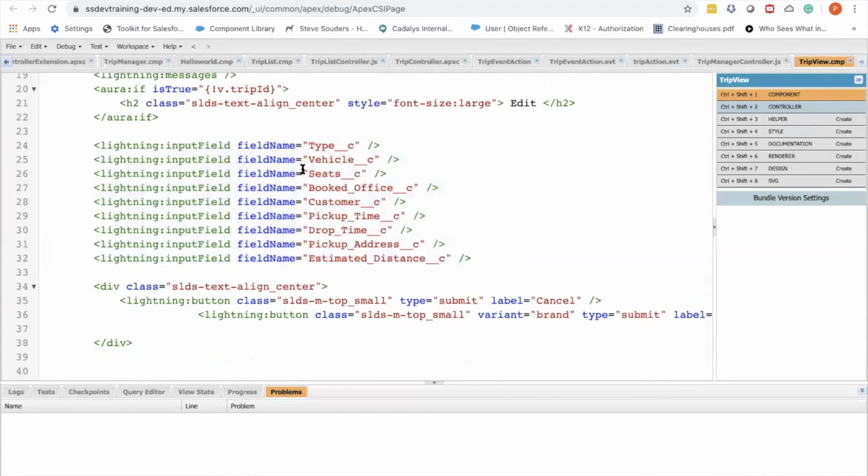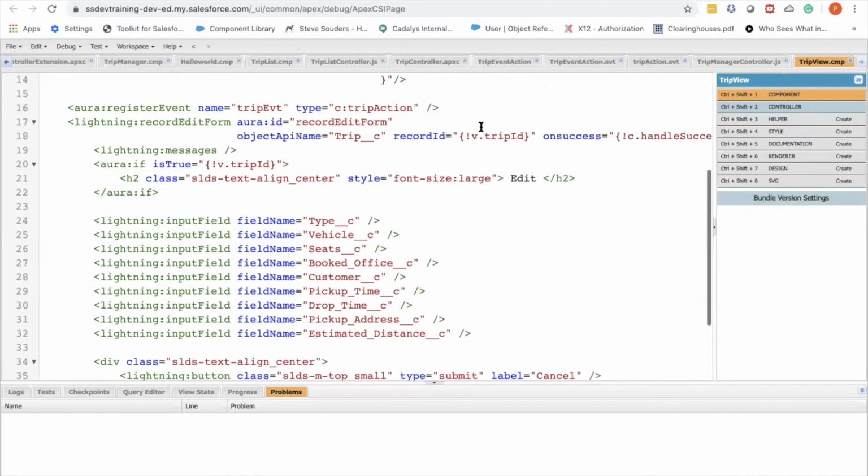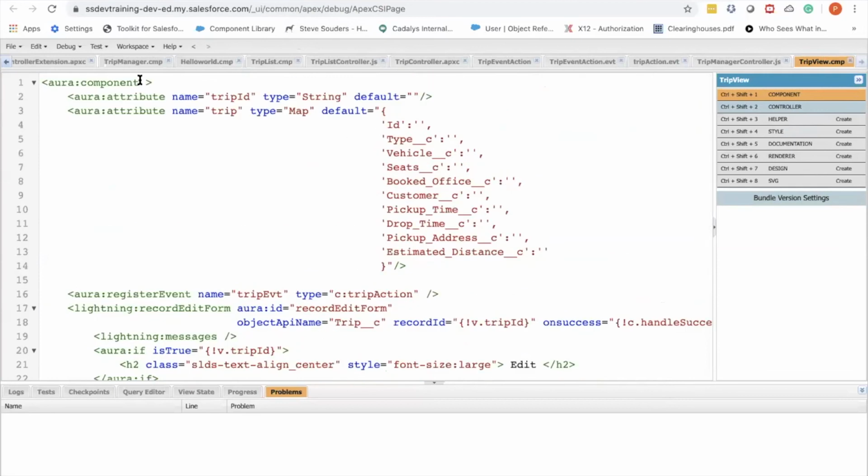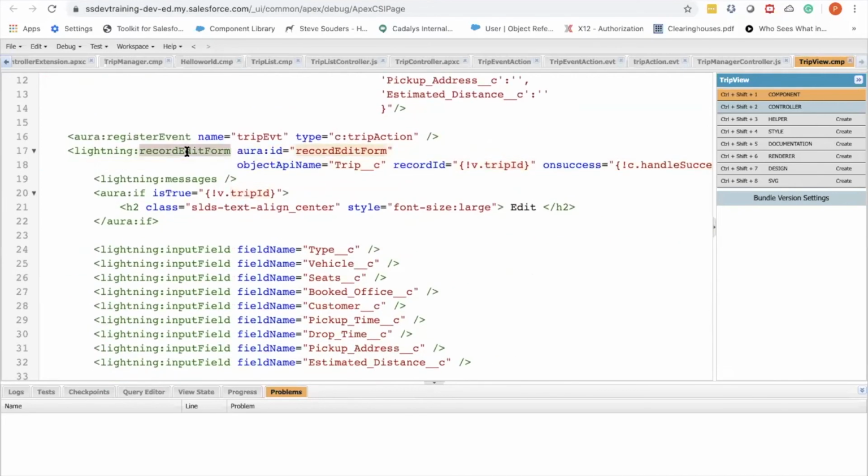Automatically, what Salesforce would do is query, see, if you see here, I don't have a controller over here, and I didn't even pass the whole trip object here itself. All I'm trying to do here is pass an ID so that I can inform the record edit form, which is a native, standard component provided by Salesforce, which would instruct based on the ID.